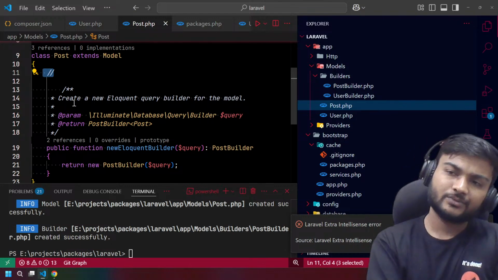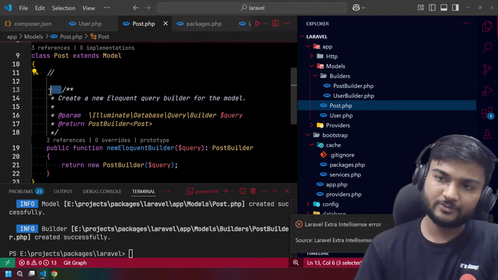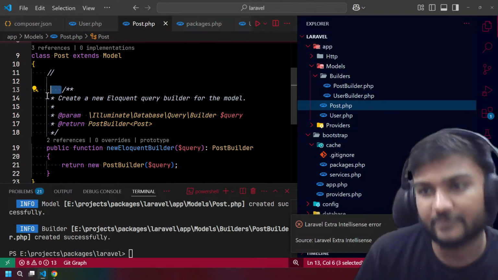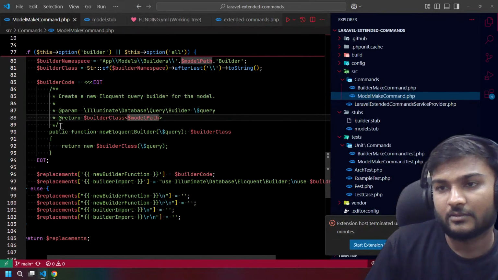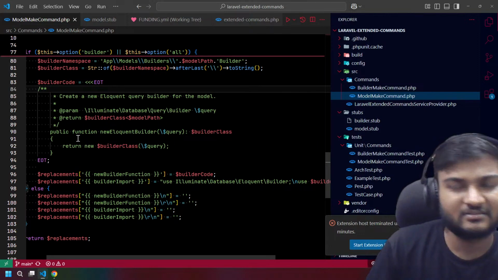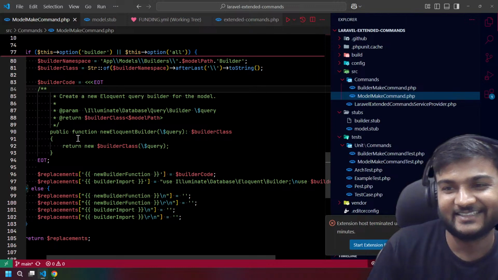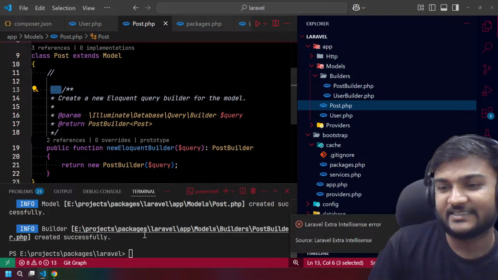So what we can do is remove that comment and remove this particular space from the model. I'm thinking that let's do that. Will it work? Okay, so let's try it.